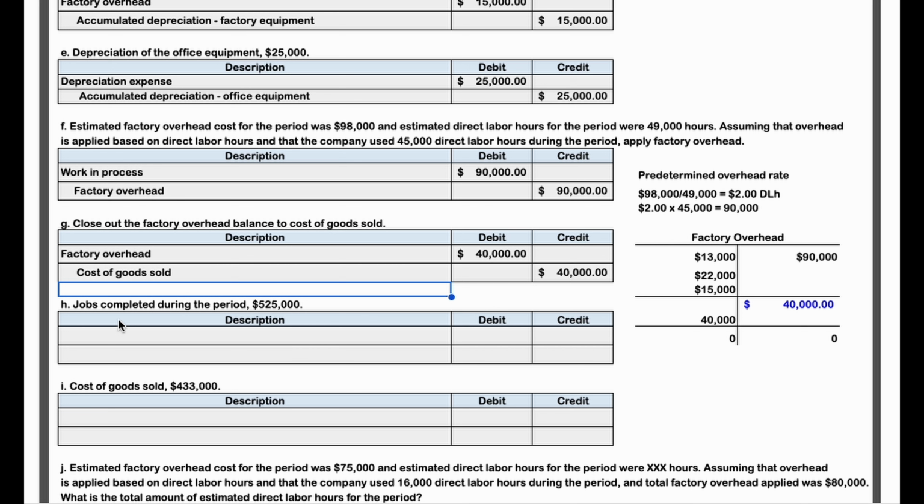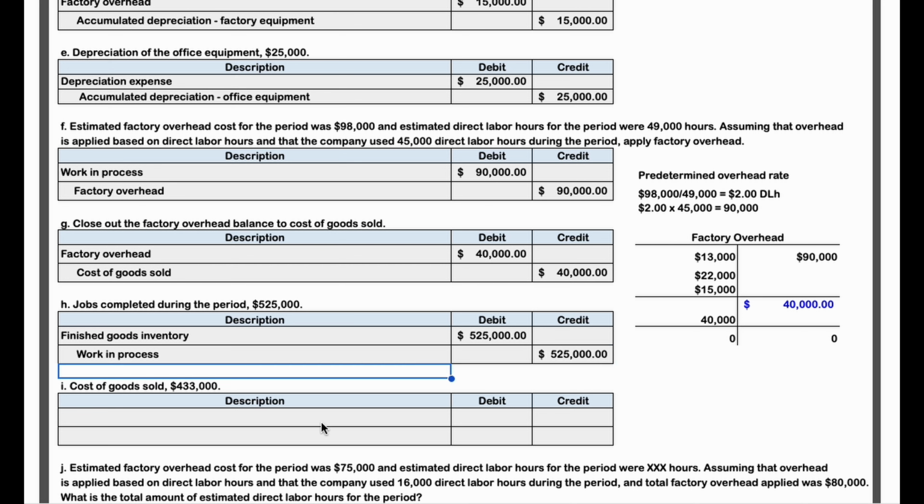So the jobs completed during the period were $525,000. Remember, work in process is where we put items when they have not yet been fully completed. But once they're fully completed, they're going to make their way into our finished goods inventory for that $525,000. And I just said they're coming out of work in process, so we're going to recognize a credit to work in process for that